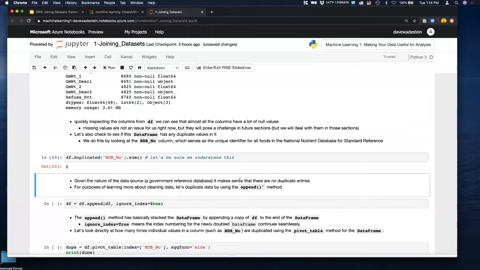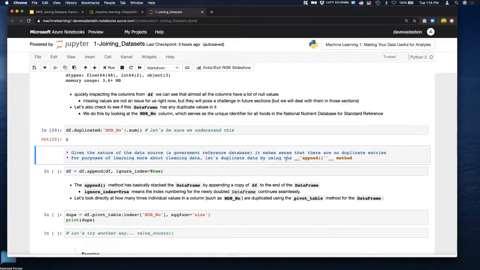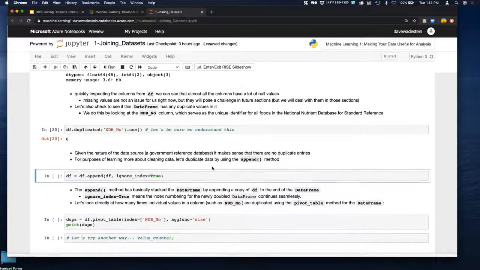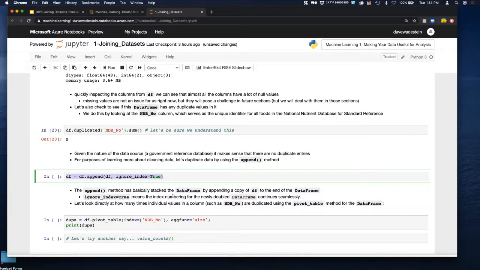It makes sense that there are no duplicate entries, given what we know, that this comes from a government database. But as I said, in real life, there often are. So let's make some duplicated data just so we can check and see. Okay, so we can use this append method here. What we're going to do is deliberately make some duplicated data just to try this out and understand it better. So let's make df be the original df, but we're going to append